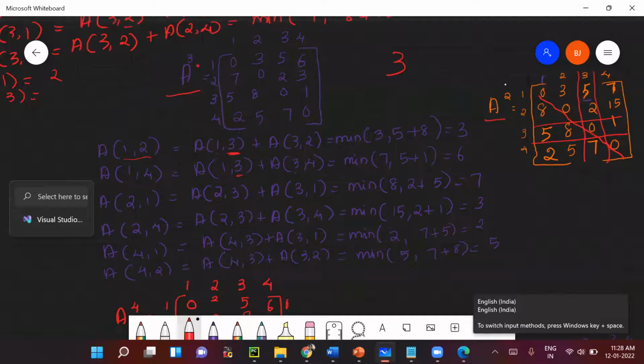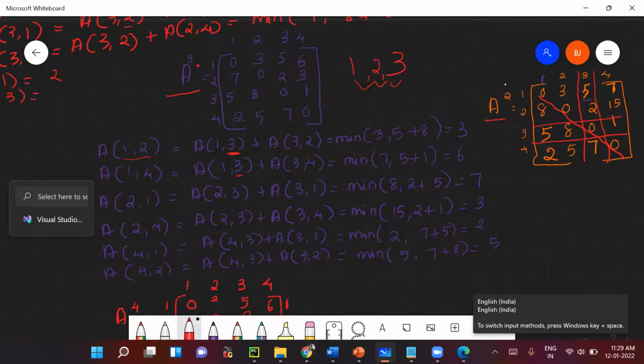So in effect, how many intermediate vertices will you be using? You will be using 3 intermediate vertices. In the first A1, we had considered 1 as intermediate vertex. In A2, we constructed using 2 as an intermediate vertex. Now in this, we are using 3, but in effect, the previous 2 intermediate vertices' shortest paths only we are using, right? So in effect, we will be using 3 intermediate vertices.